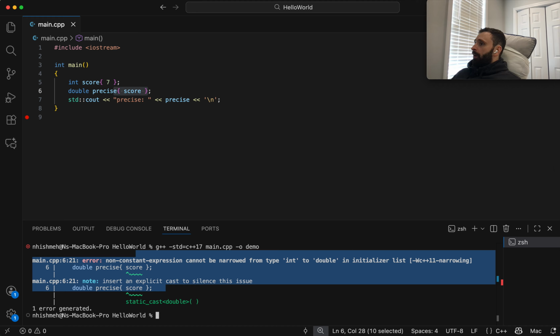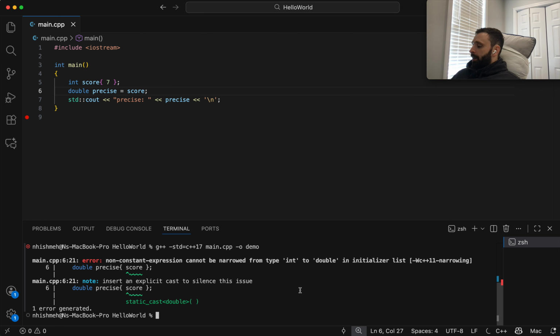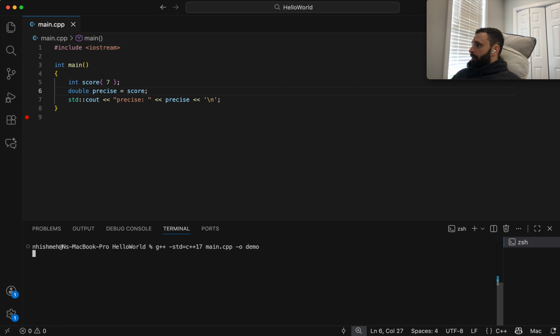We can overcome this by using assignment initialization, which is more permissive, and it does not complain when you do narrowing. So let's do this. See how it compiles successfully, because even though there's narrowing occurring here, it doesn't complain about it.